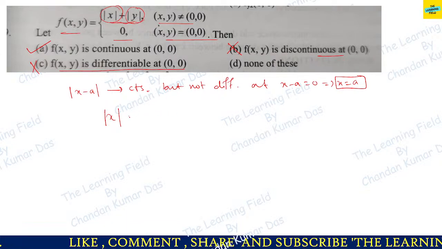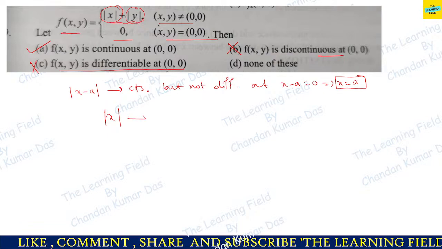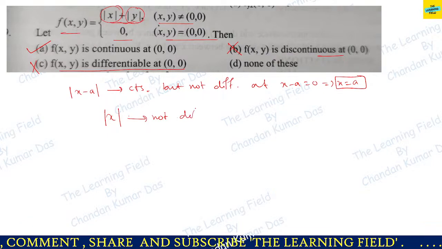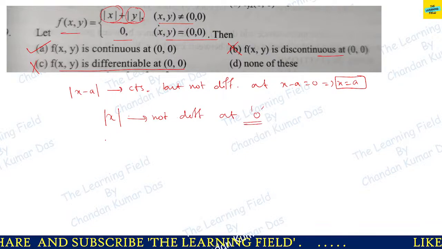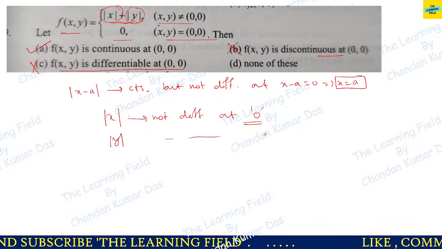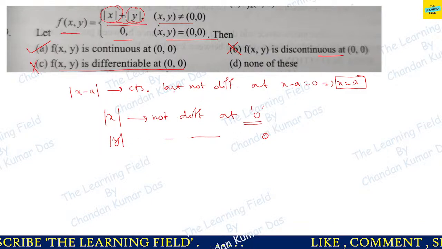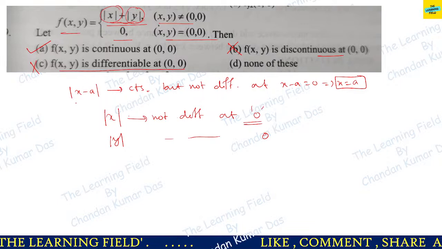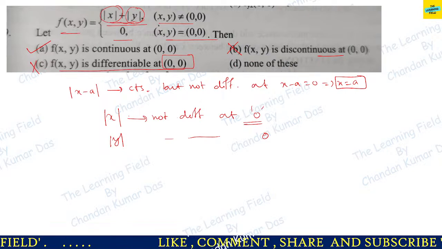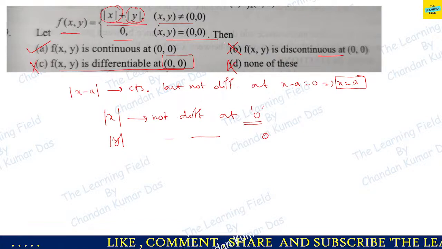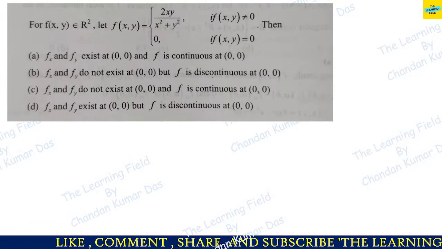Okay. So mod x, we all know that mod x is not differentiable, okay. So mod x is not differentiable at 0, okay. So that is mod x is not differentiable at 0. Similarly mod y is not differentiable at 0, that means mod x plus mod y, and ये जो है दो वेरिएबल का फंक्शन है तो यहाँ पर पेयर वाइज होगा 0 0, okay. So that is f is not differentiable at 0 0, and यहाँ पर none of this option भी नहीं होगा, ठीक है. Now next question,